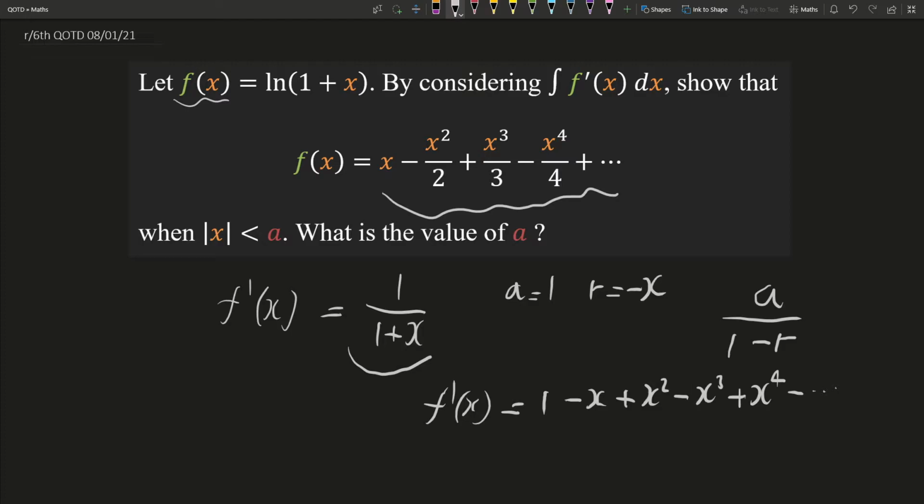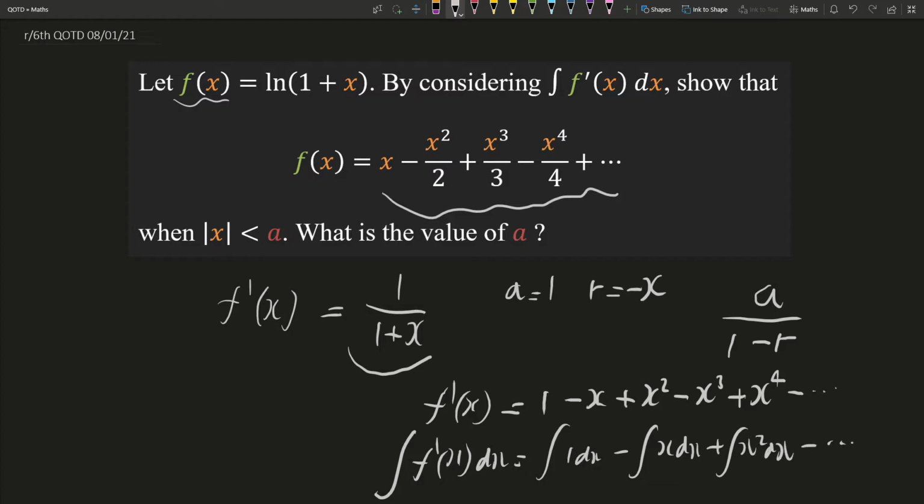So, what happens when we integrate? Well, we will have to integrate each term separately, and this will be the integral of 1 dx minus the integral of x dx plus the integral of x squared dx